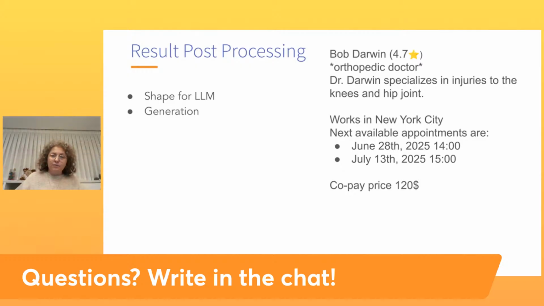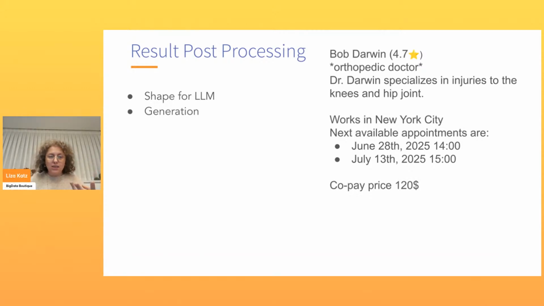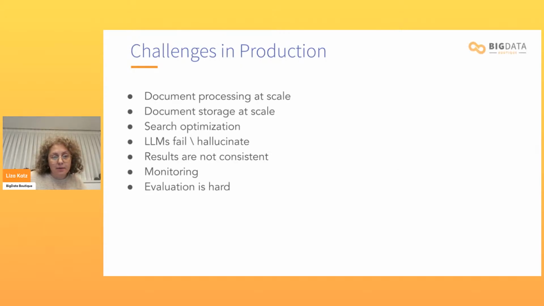And with all of that information formatted in a nice way, I could finally complete the third step and send all of that information. Once again, this is information about the user, information about their policy. What is this user's coverage in case of an orthopedic problem? Or maybe they have a pre-existing condition. Maybe I would add some general policies from the company. With all of that information, it's going to be a pretty big prompt. I'm going to send it to an LLM, and it's going to generate an answer for me. And hopefully I will send it to the user, and hopefully they'll be happy.